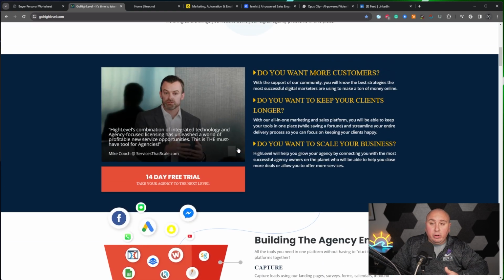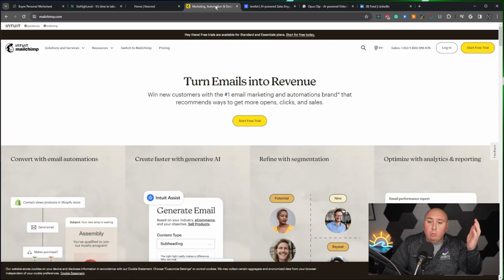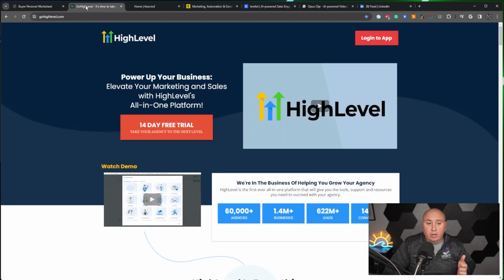Use an appropriate tool. If you don't want Go High Level, there's HubSpot. If you don't want HubSpot, use Salesforce. If you don't want Salesforce, use Pipedrive. If you don't want Pipedrive, use Keap. If you don't want Keap, you could use ActiveCampaign. The list goes on and on. Heck, you can use MailChimp if you want to use MailChimp as your marketing thing, but you need a way to measure. And Go High Level is a CRM, a customer relationship manager. It is so incredibly important.